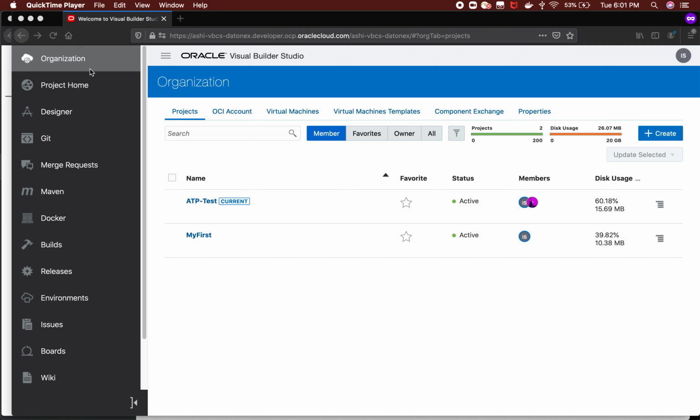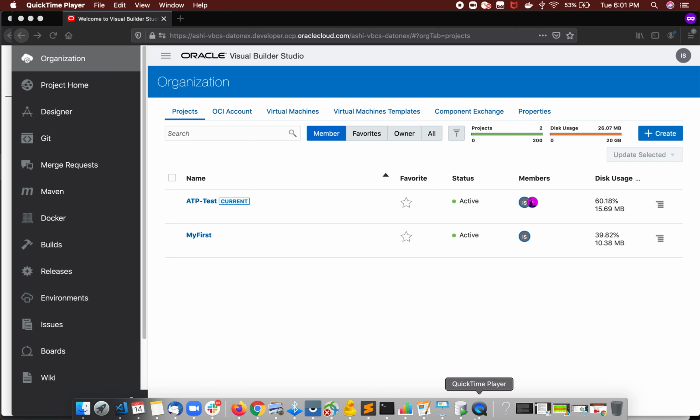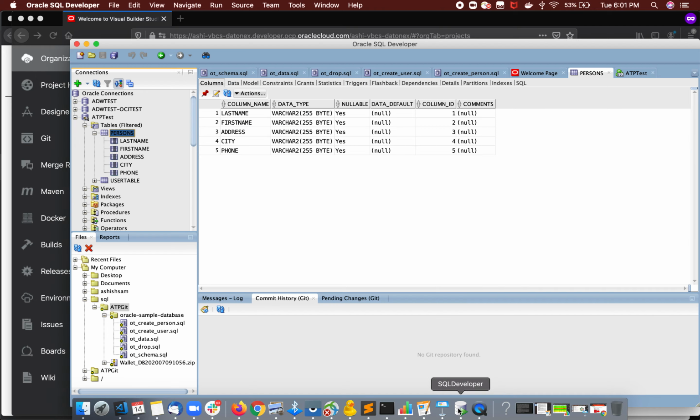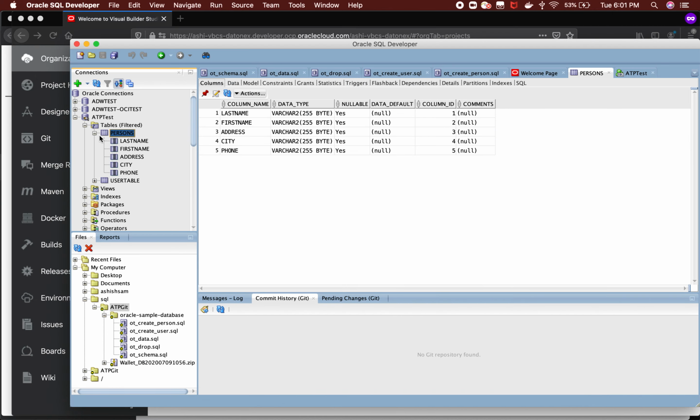This is my dashboard where I can have the organization. I have to create an organization, and I have created an organization called ATP test, and I am connecting my Oracle autonomous database using this SQL